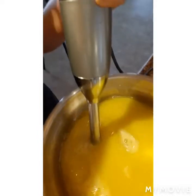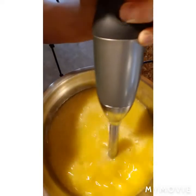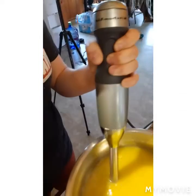Keep my stick blender on the high setting when mixing this. Works best. So you can see it's kind of coming together. So it probably takes a good 2 to 3 minutes for it to mix together. Sometimes it's quicker, sometimes it takes a little bit longer, it just depends. But it's all coming together pretty